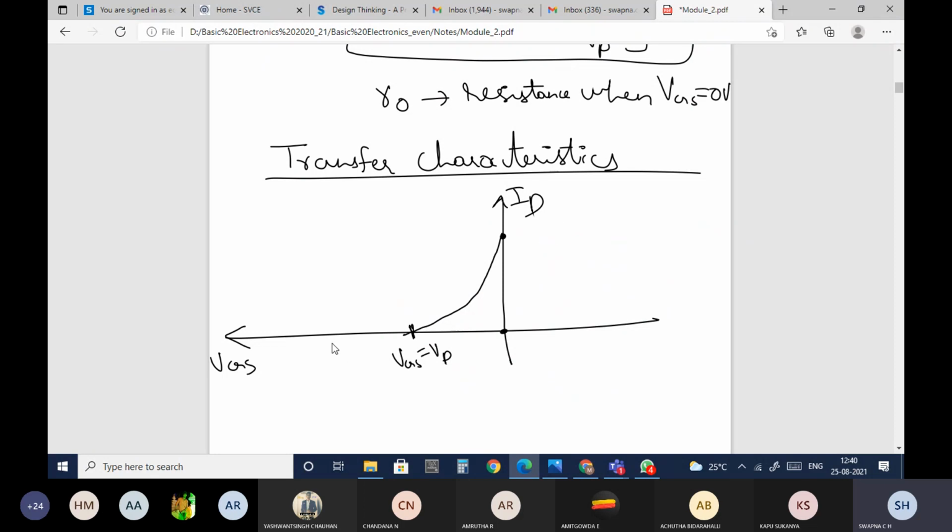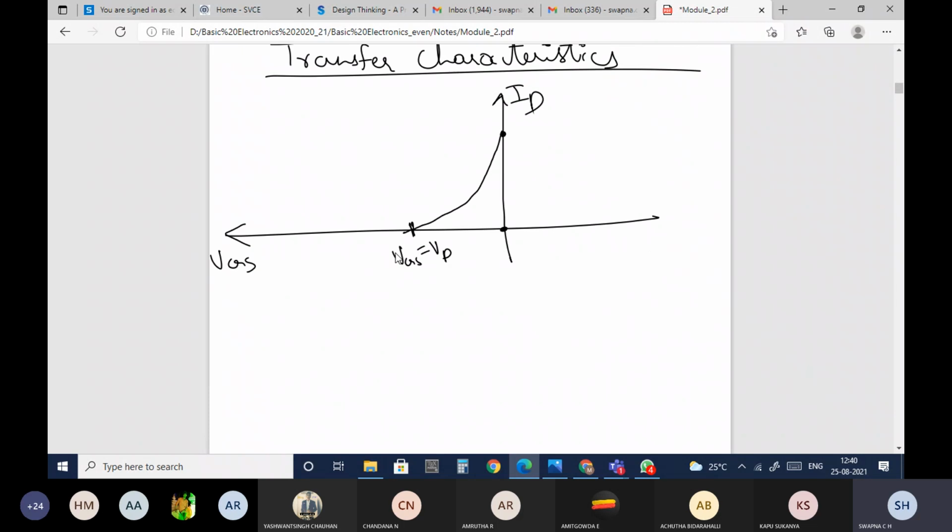In general, to calculate the ID current, we have one expression: ID is equal to IDSS into 1 minus VGS by VP whole square.